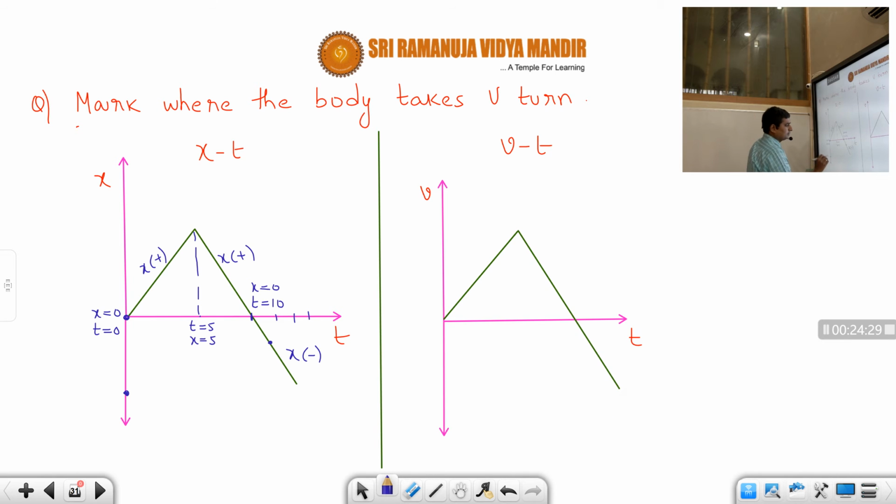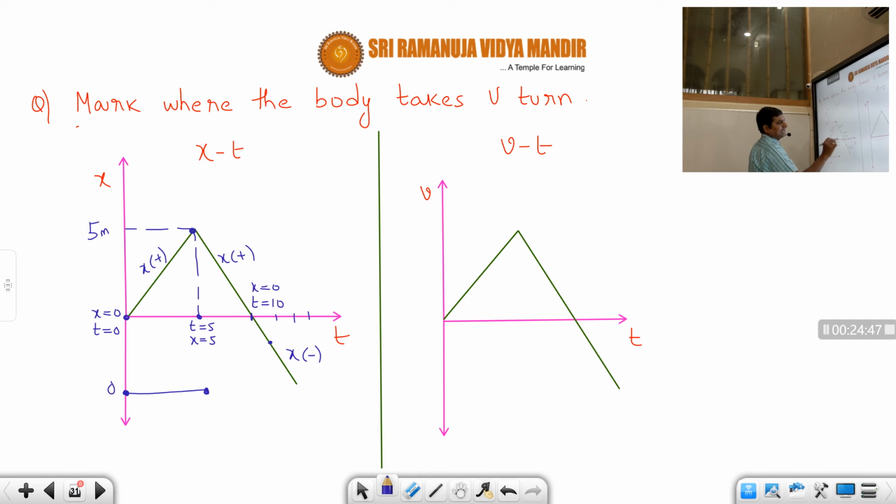So now suppose let's say this is the origin, students. Here as time increases, the position is increasing, increasing, increasing, and becomes here. Correct or not, students? So x is equal to how much here? Suppose let us say a maximum of some 5 meters. Correct or not? So x is equal to 5 here.